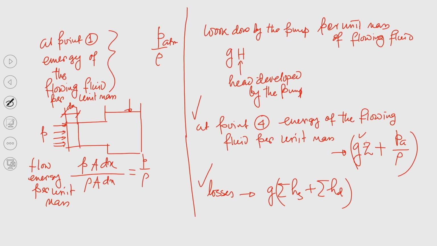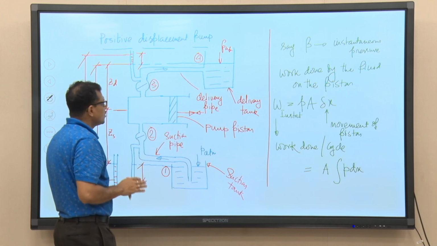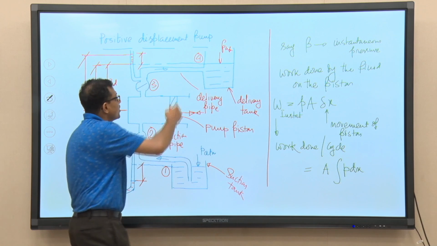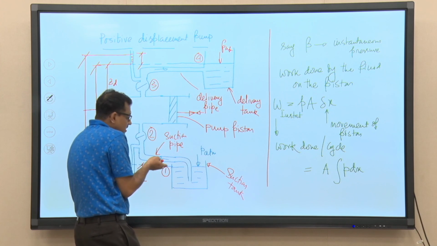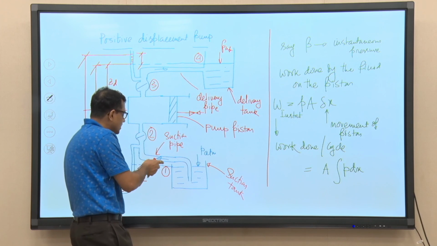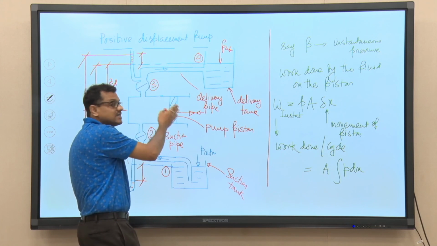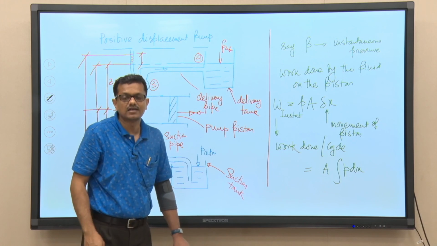So, here work done by the pump we are not going to consider, because that we have already considered in this expression. So, what I had written initially, ideally you will find that energy at point 4, what do you mean by that? Energy at point 4 is nothing but the energy we have already invested to transport liquid from point 1 to point 4, plus the energy that is being supplied by the pump to the liquid, and that is why initially I had written this part.